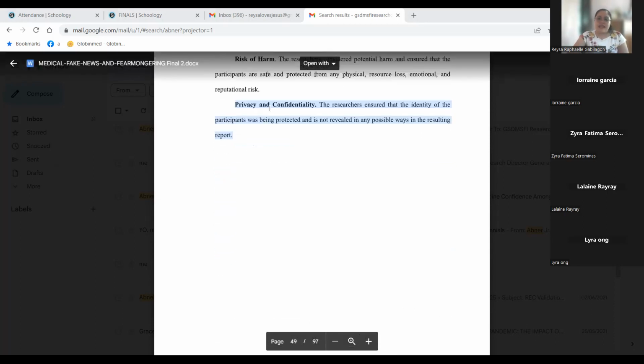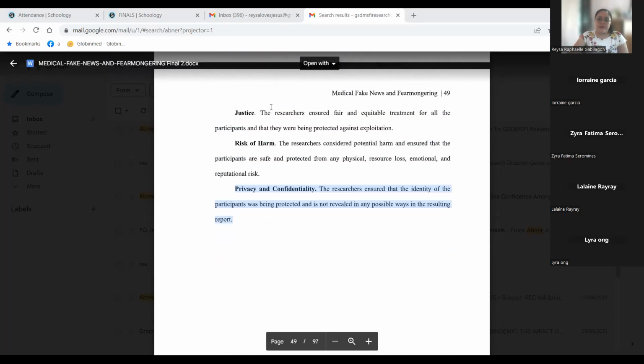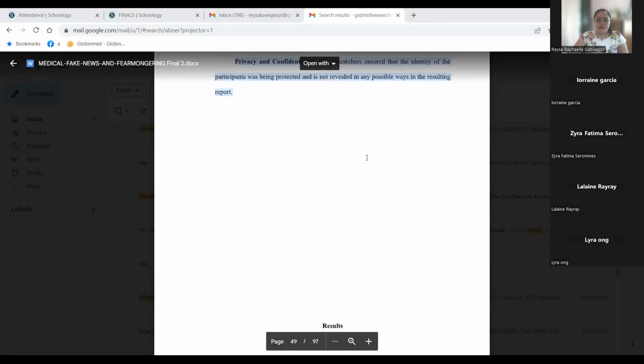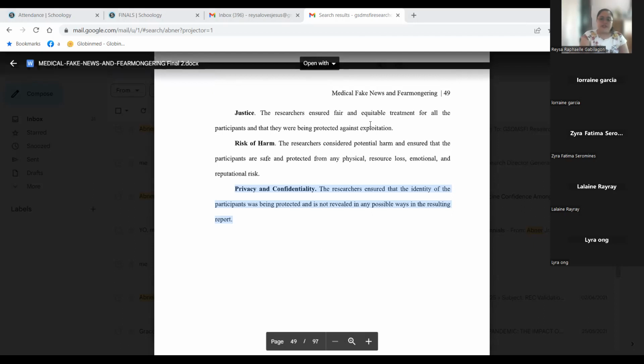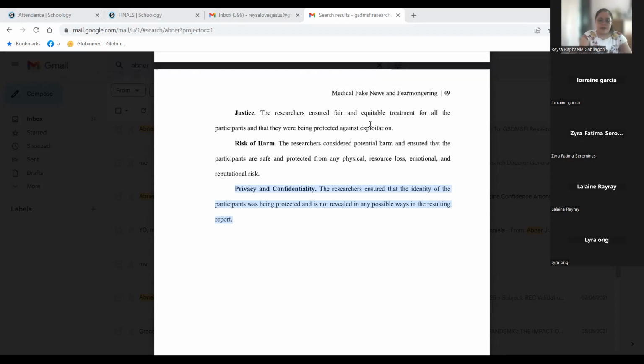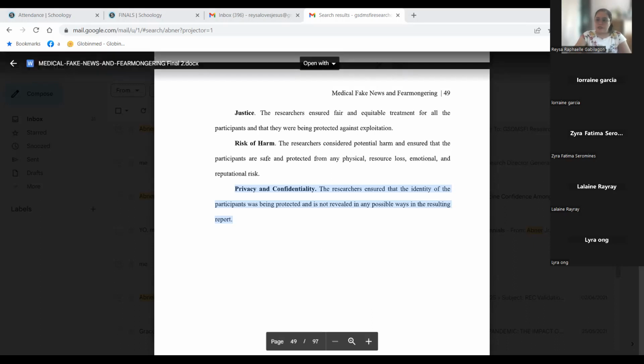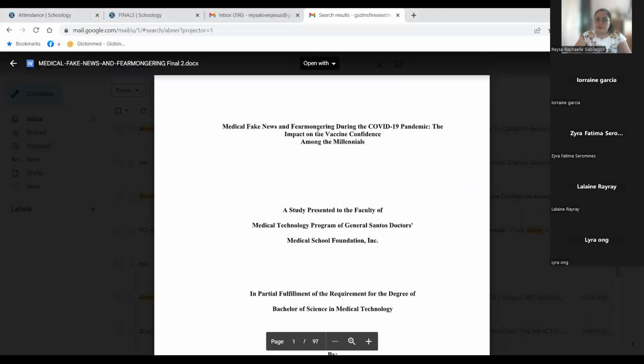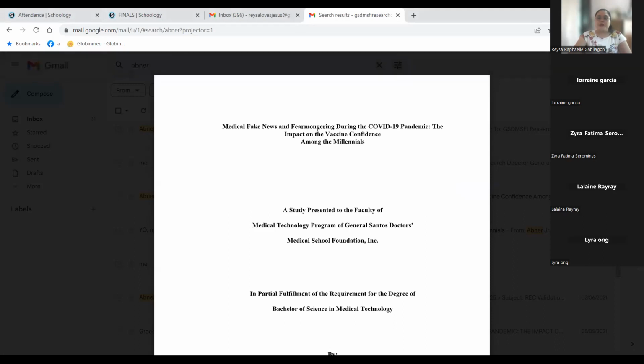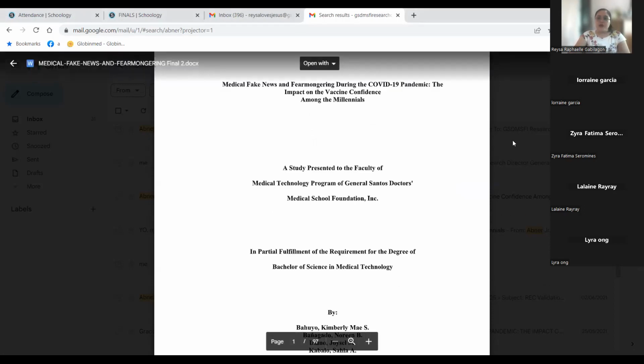Okay, so that's the last part of the methodology section kasi the next part will be the results. Don't have the results yet, we'll have that one on the second semester. Okay, so nakompleto natin yung ating methodology. Pero in the proposal defense, you really have to follow the correct format natin ha sa school, starting with the title page. So ito yung format natin for the title page.